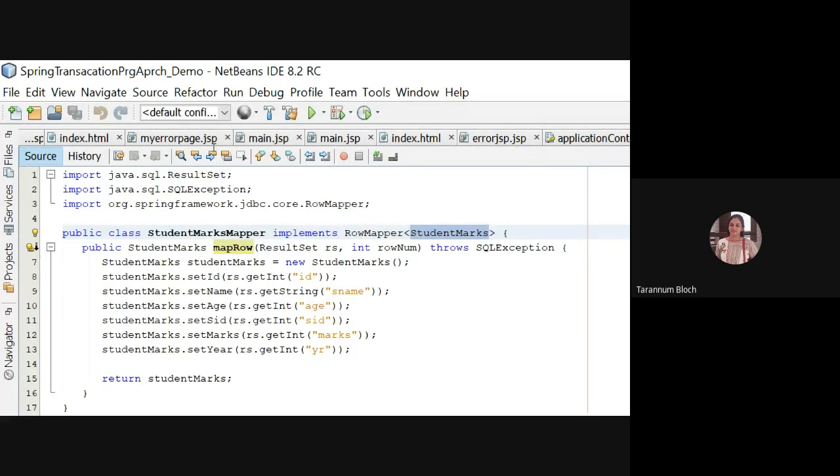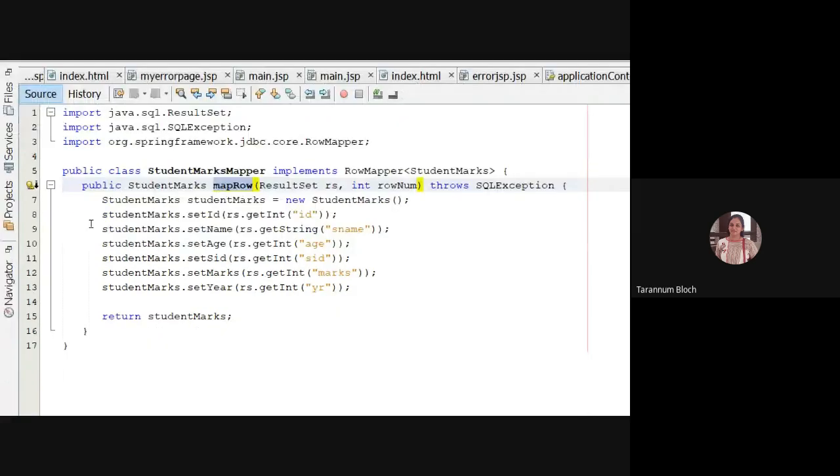Here we have taken StudentMarks and we made a method, mapRow, and mapRow returns an object of the POJO class. So I'm mapping all the members or columns of both tables, student and marks, with the POJO class StudentMarks. Is it clear? So mapRow is that, and it is returning me the StudentMarks.